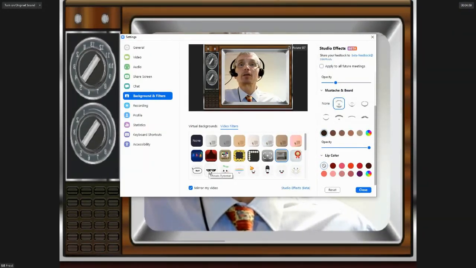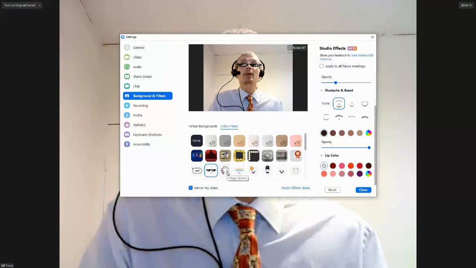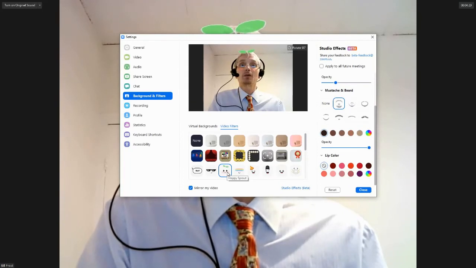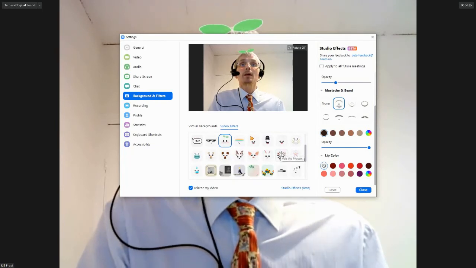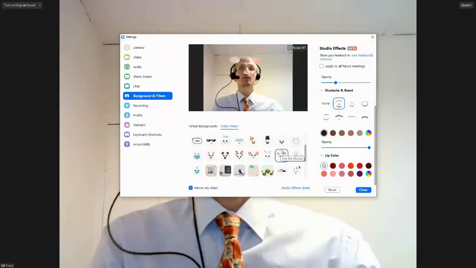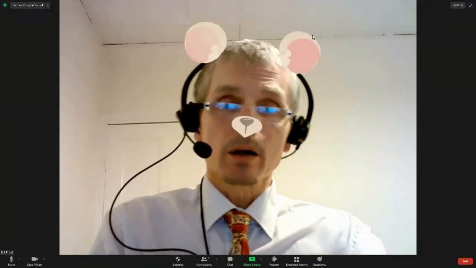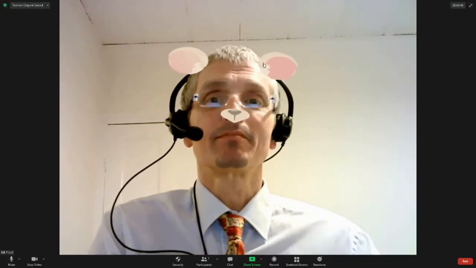There are other filters such as adding additional eyewear, for example, or other effects such as this, if you so desired. Perhaps if you were working with kids, that might be advantageous. So there are a variety of filters for different occasions, which you can employ if you so desire. And it's all about exploring to see what is available to find an approach and a filter that works for you.